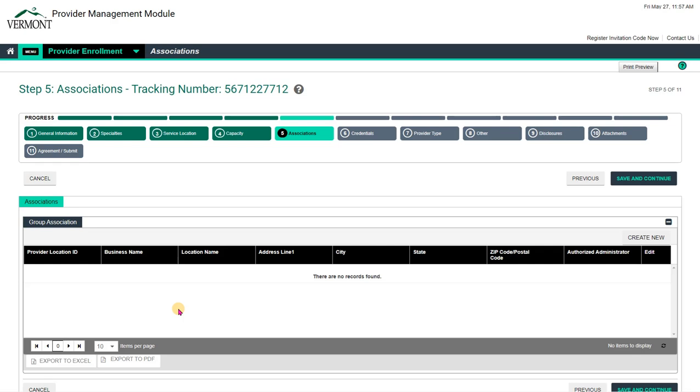Hello, today I'm going to show you how to complete the associations page of your application within the Provider Management module for Vermont Medicaid. All enrollment types except for atypical are going to be presented with an associations page. The only enrollment type that is absolutely required to complete the associations page before moving on is an individual within